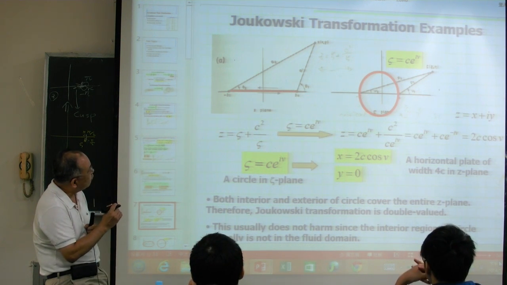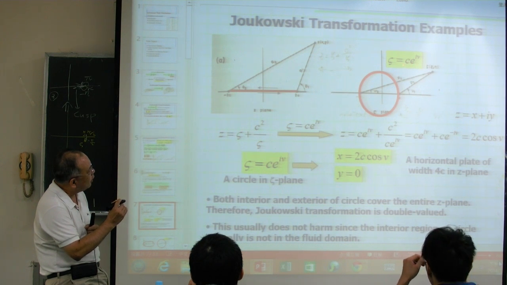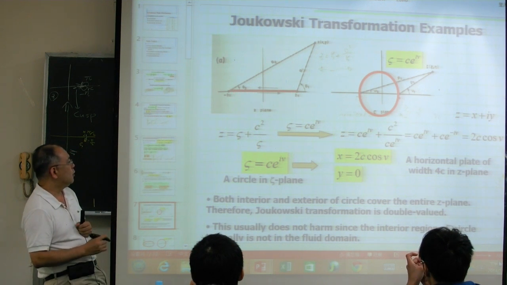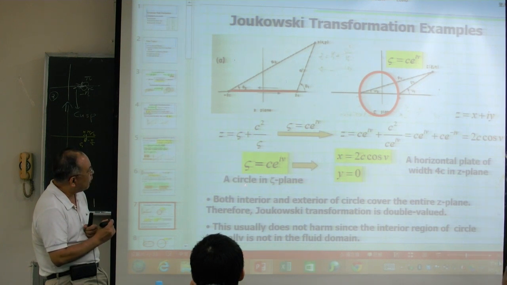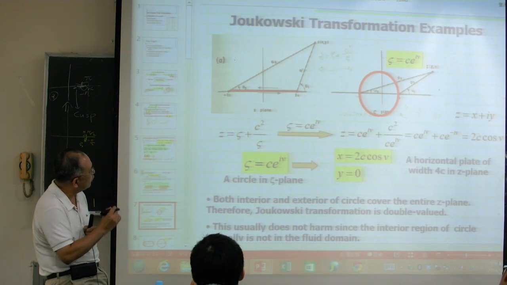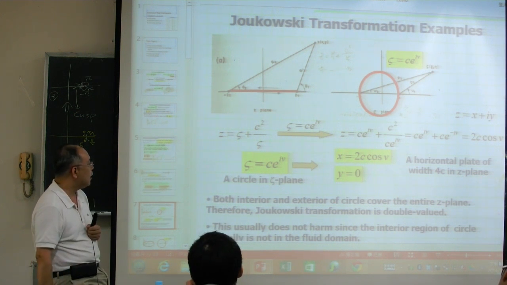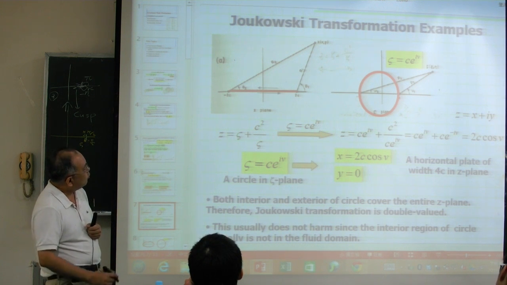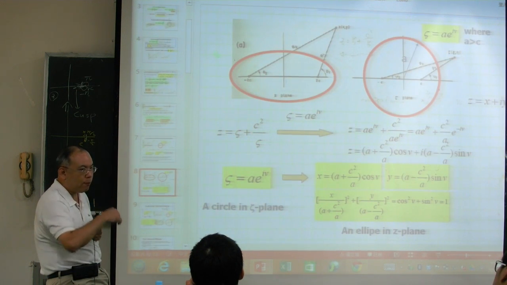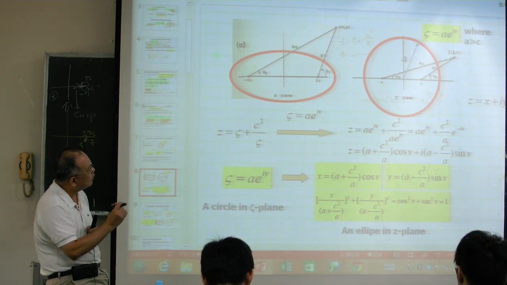So through the Joukowski transformation, if I have a circle whose radius is equal to C, it will be reduced to a flat plate. As you can see, this is a flat plate. So this is a circle in the zeta plane, and through the transformation I have this, with x equal to 2C cosine mu, y equal to 0. So it becomes a horizontal plate with a width from here to here of 4C in the Z plane. So that's the first example of the Joukowski transformation. And the second example I can show you is if I have a circular cylinder, the radius is